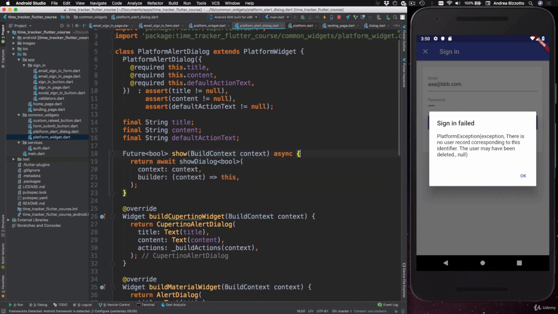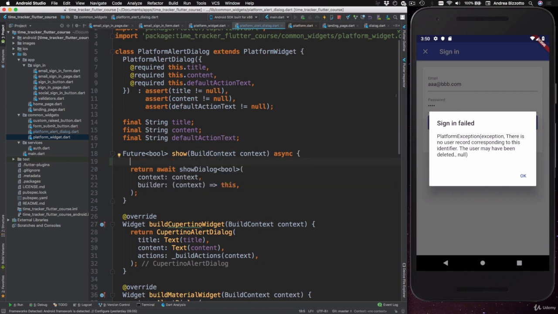However, on iOS, there is an alternative method that we should call instead to present a dialog. And that method is called showCupertinoDialog. So I'm now going to change this code so that we can call the correct method depending on which platform we're running on. So here I can type in return and then